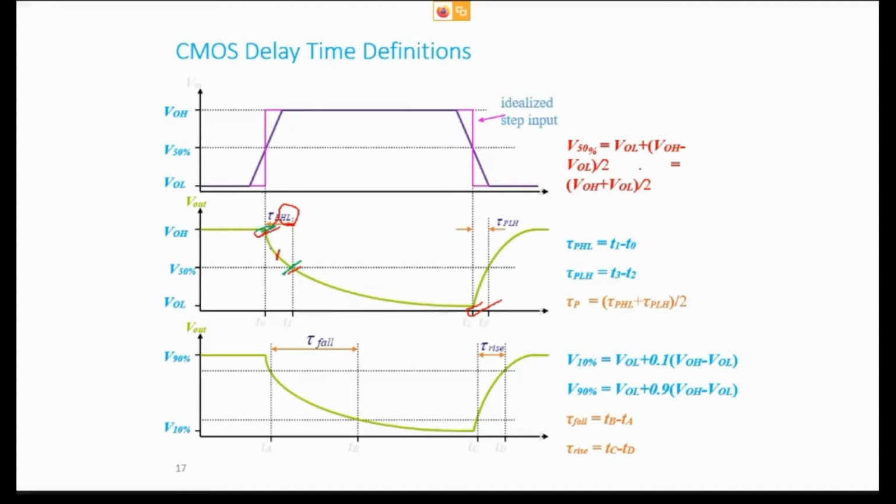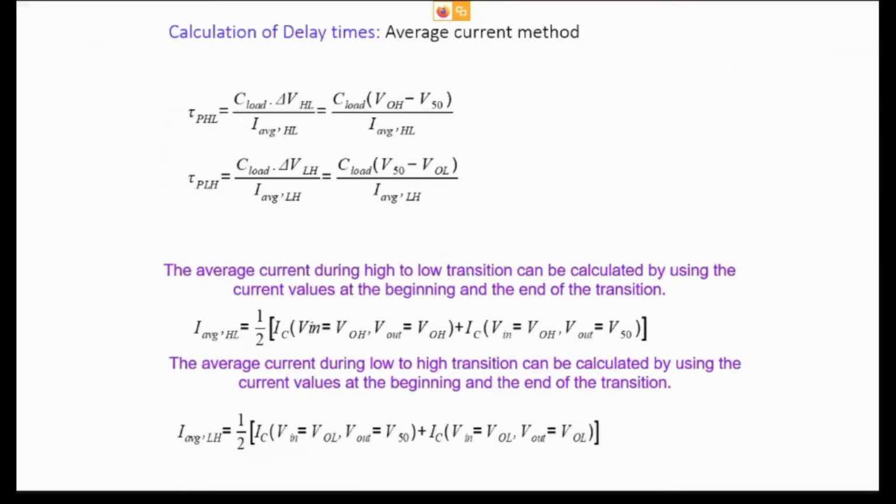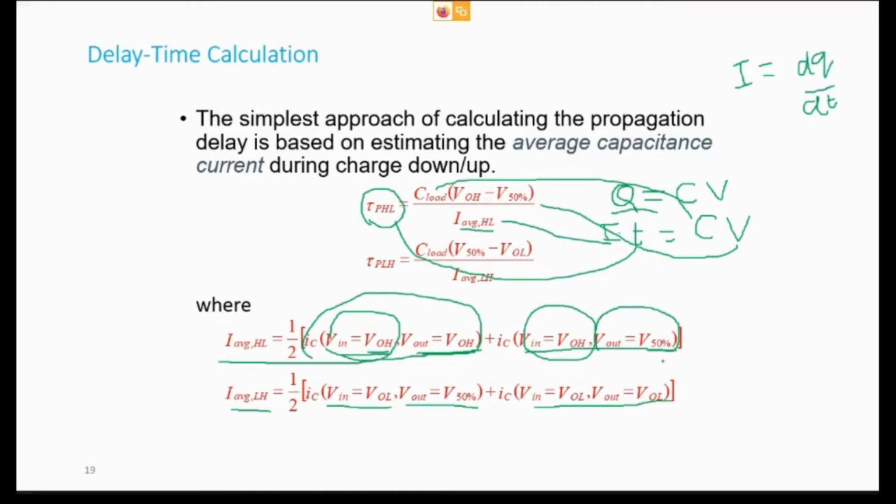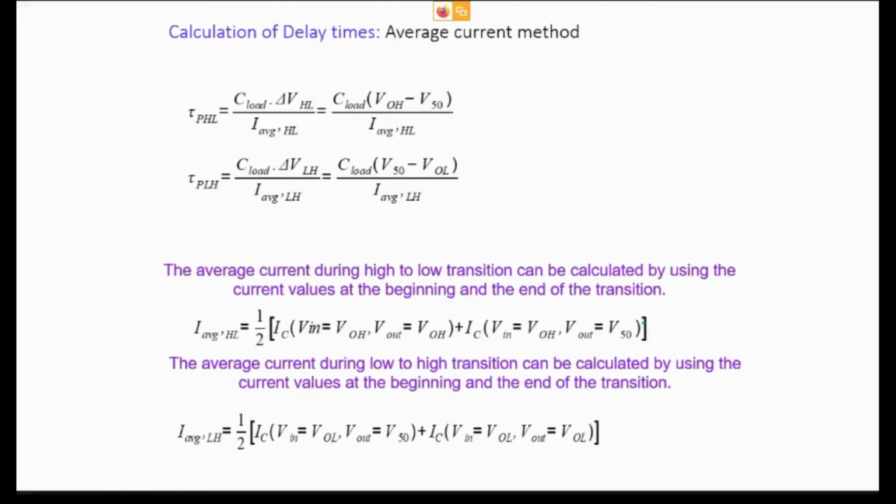So that's why current tends to change, because the current for a MOS in the linear region will be different from the current for a MOS in the saturation region. And it is not the case that this current is equal to this current. Current will be different. So the way we are averaging here will not serve our purpose. For better understanding and better calculation, we have to look to the other method, that is the differential method of calculation of current. So here, this is your average current method.